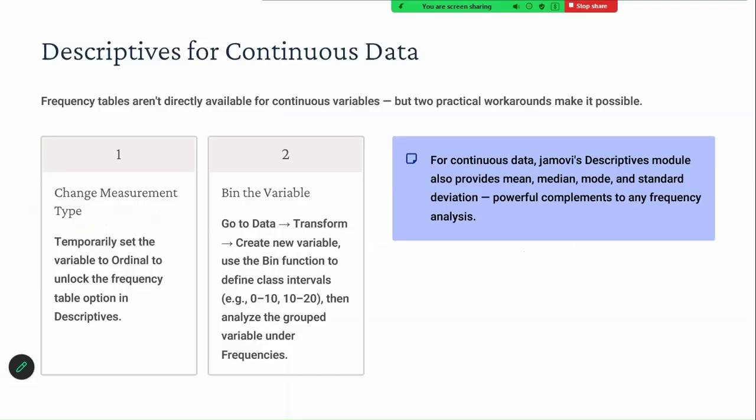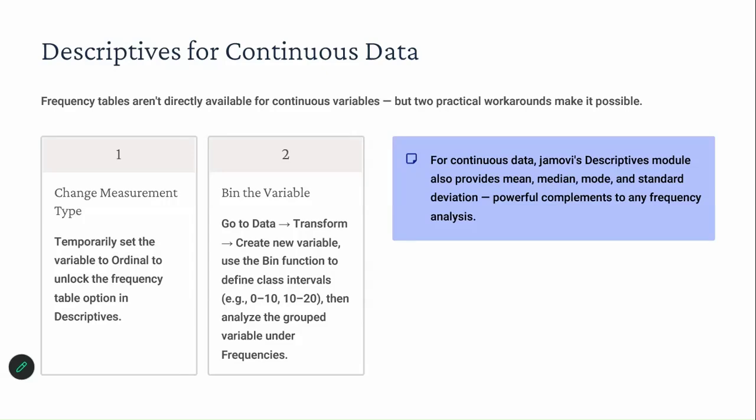Now, next comes, how do I prepare the frequency table for continuous data? For continuous data, frequency tables are not directly available. However, we can either convert the variable into categories or create class intervals using binning, and this allows us to analyze continuous data in grouped format.